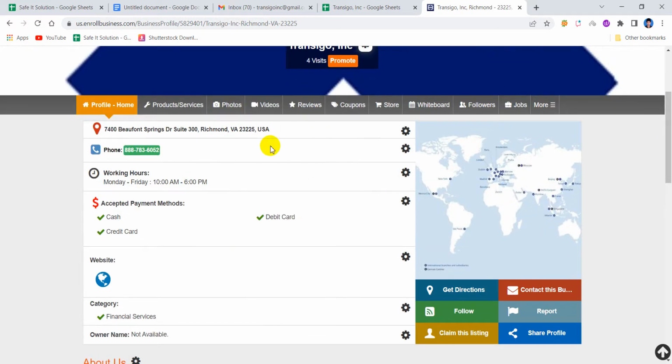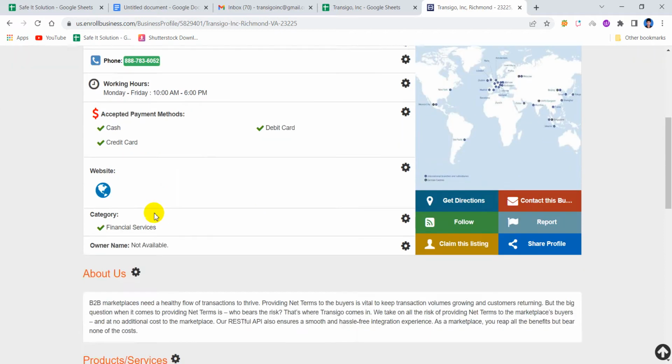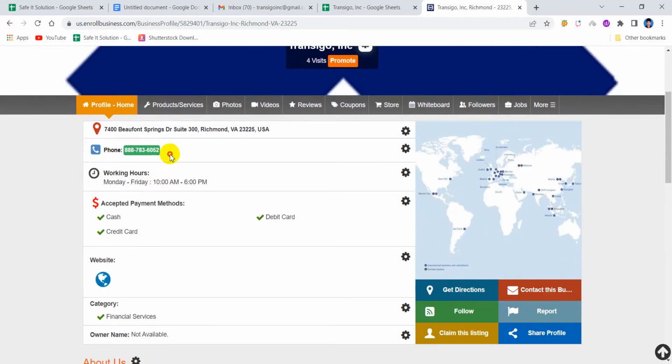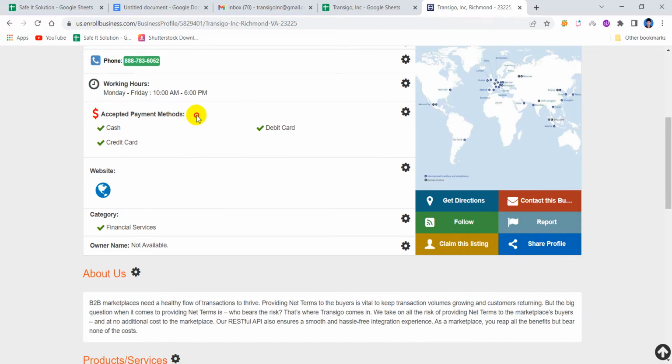You have to look at what information you include in this citation site. So here is my company address, here is my phone number, here are the working hours, here is the payment method your company accepts,